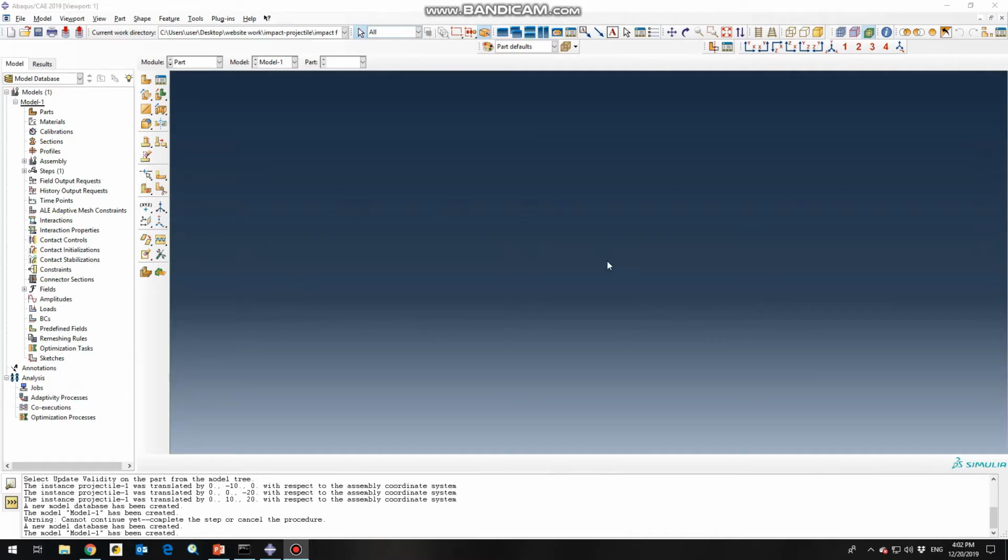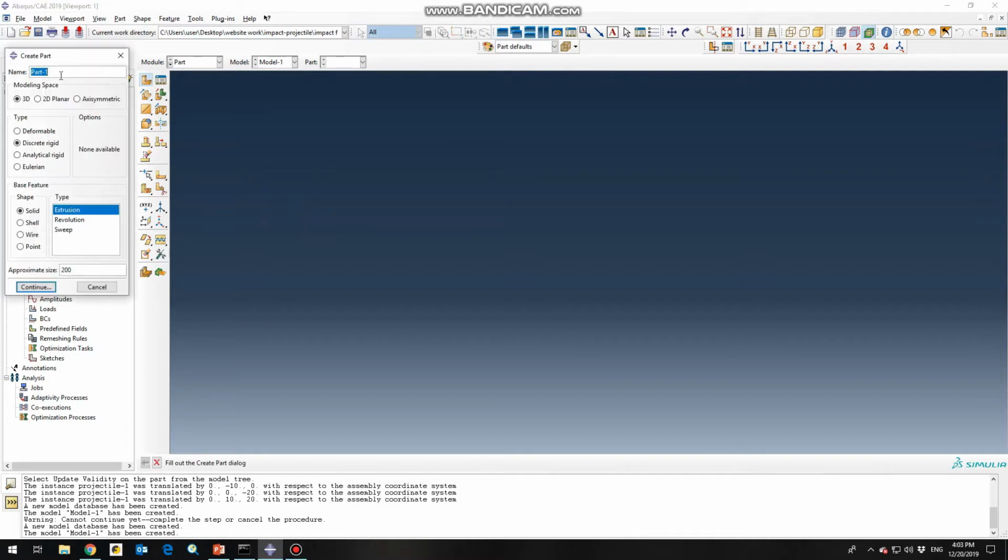Hello everyone, this is Human, and in this tutorial I'm gonna simulate the impact of a projectile into a circular disc, so stay tuned. At first we need to create our parts, so go to the part section and name